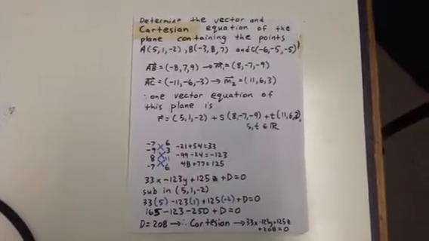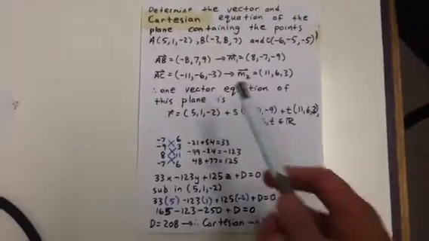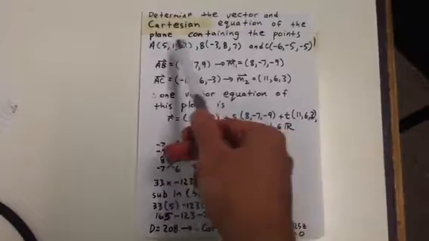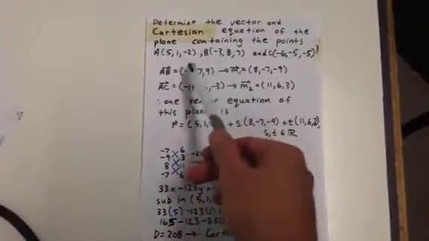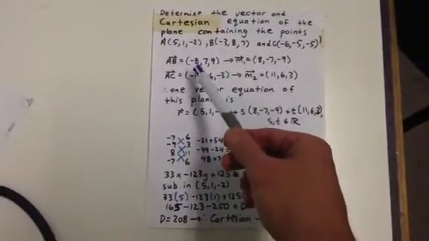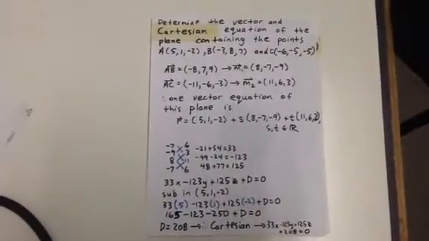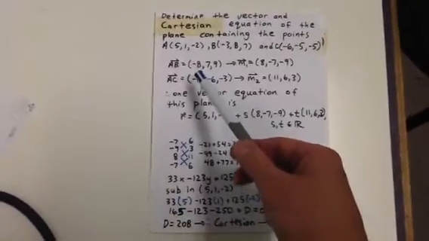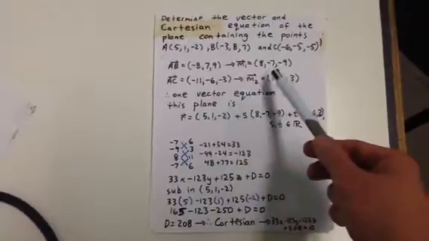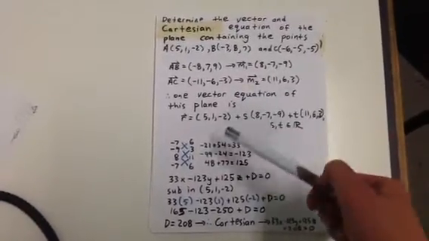So if A and B are both points on the plane, then we can say that the vector AB, which is -3 minus 5, 8 minus 1, and 7 minus -2, is a vector on the plane. In other words, -8, 7, 9 is a vector on the plane. Well, multiplying through by -1 so that we have a positive x component gives us 8, -7, -9 as a